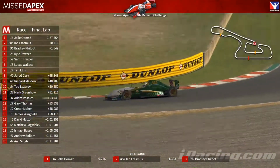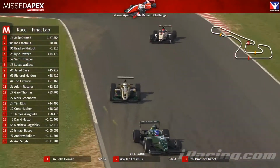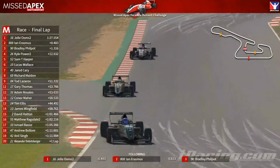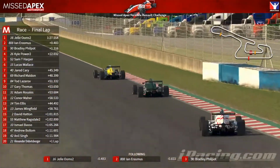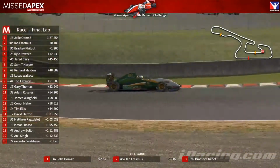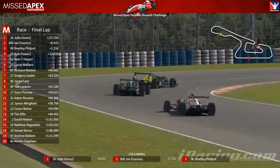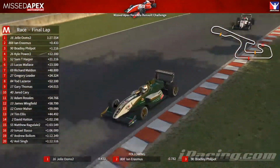Erasmus locking up his rear brakes and sliding it Marquez style into the corner, but I think he's lost ground because Ooms has pulled out 1 car length, 2 car lengths on Erasmus. And just a few corners to go now for Jelly Ooms to take a Missed Apex Motorsport victory for the first time. And I think he's about to do it. Only 3 corners to go for Ooms in the number 16 car, as Erasmus has got one last